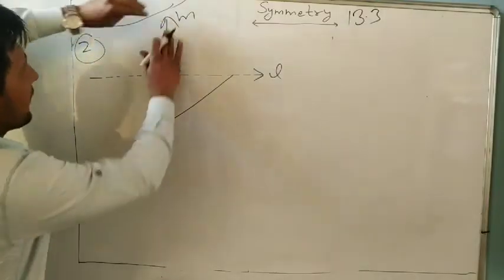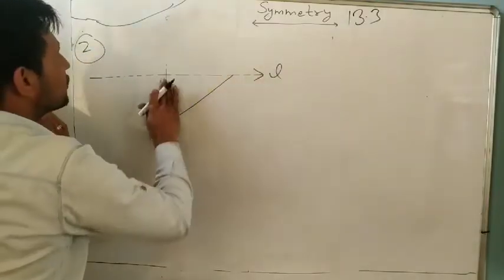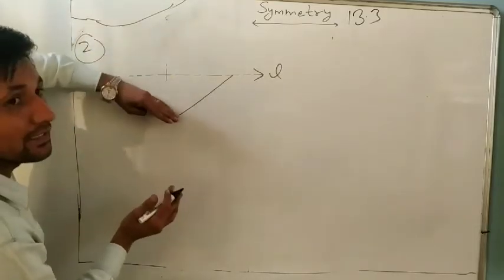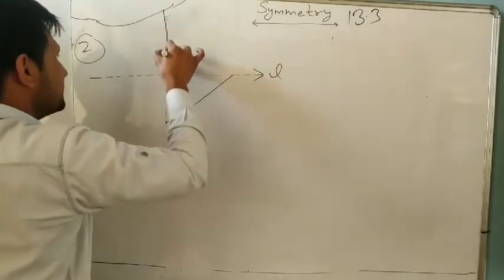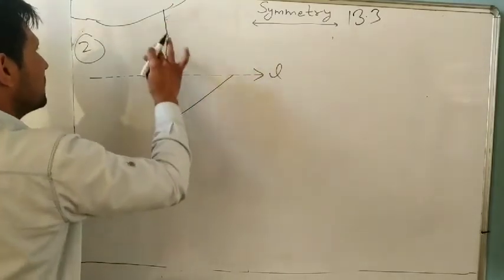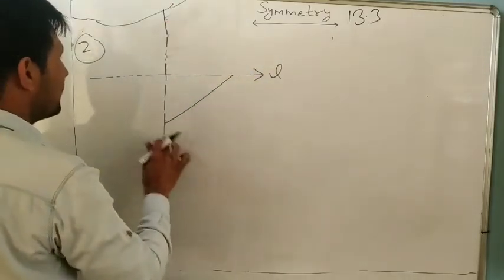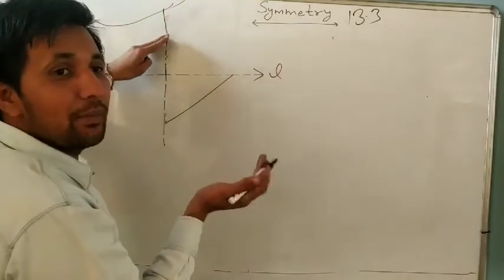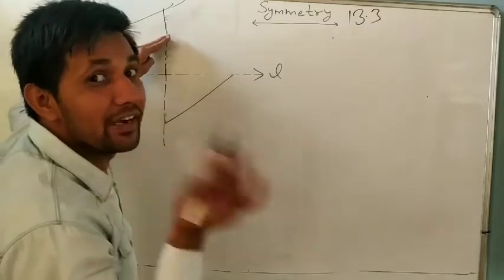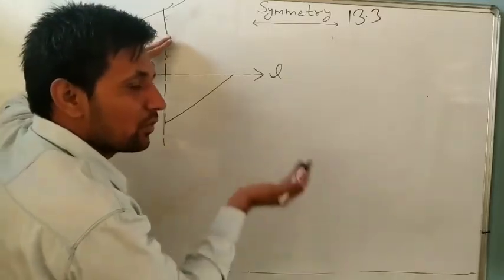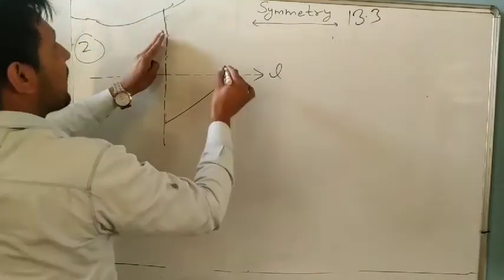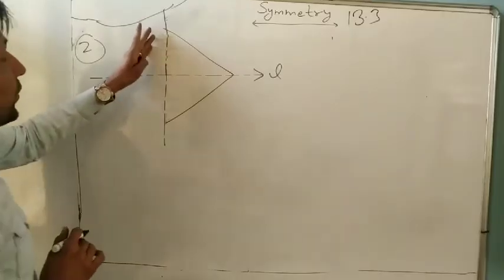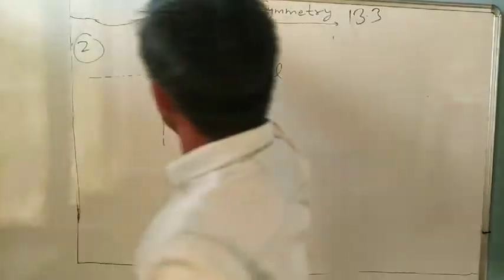Suppose it is a line of symmetry, given only one. So whatever is on the upside is the same on the downside. What does a line of symmetry mean? It divides the figure into 2 identical parts. Whatever is on the upside is the same on the downside, and the downside to the upside. Understand?